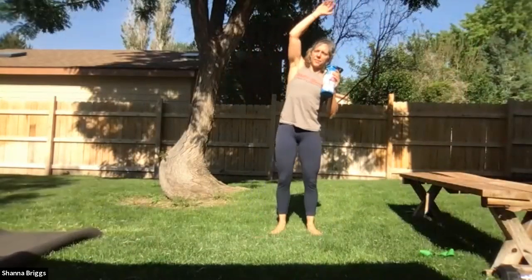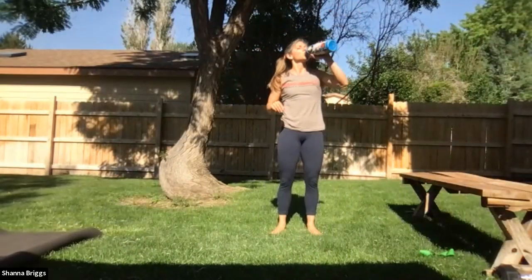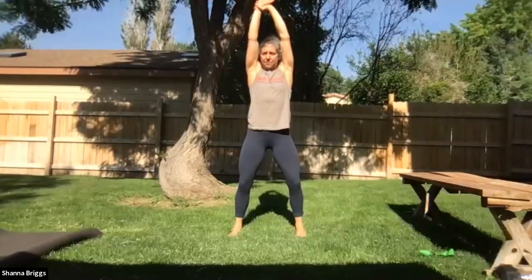Going to give just a little bit of an upper body stretch from standing, and then we'll get rolling into our next circuit. All right. So feet about hip width apart. We're going to do a little side stretch here. Reaching up, take your right hand, grab that left wrist,